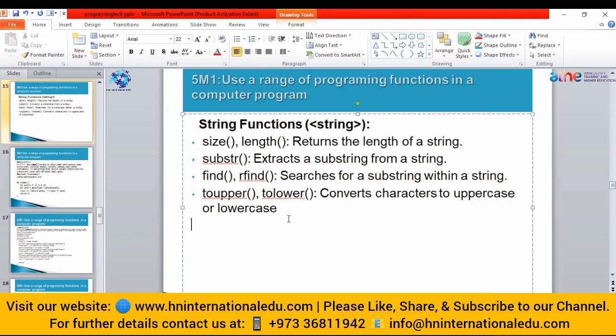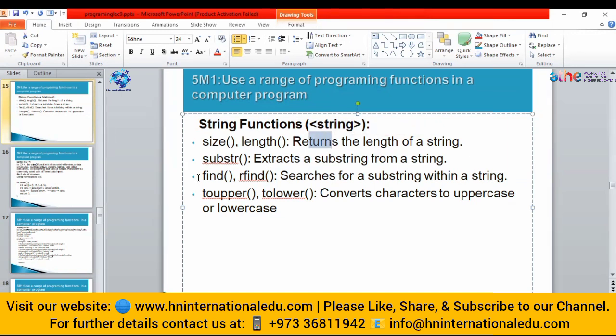Then we have another function called substring. It is used to get a part of that string. Means I want this part from this, then the substring function will cut this part, just like we use the cut and paste method, and give it to me.